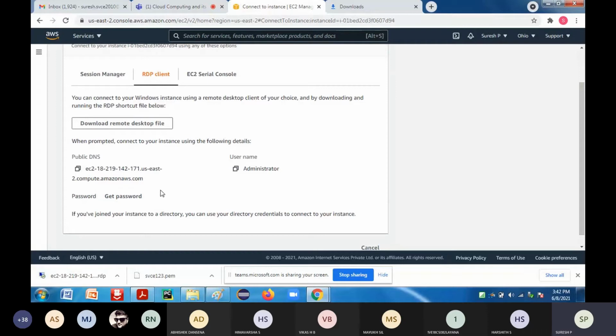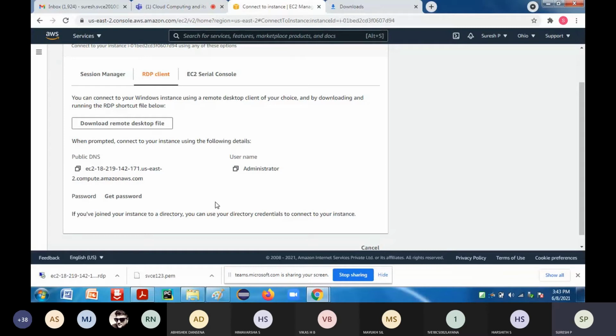Because you have downloaded the RDP file, now for that you get the password. When prompted, connect to your instance using the following details. You have to open that remote desktop, but before opening it, I want to get the password because I have generated the key pair. With the help of the key pair, I have generated one RDP.